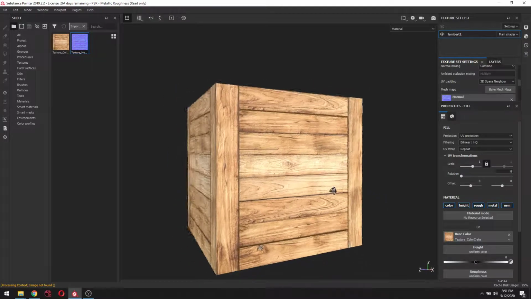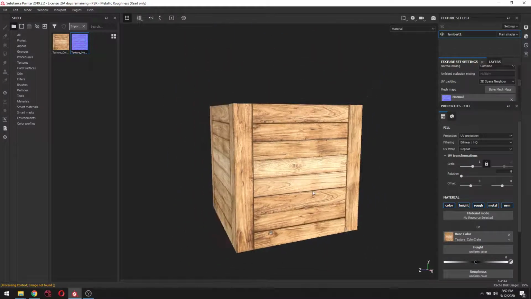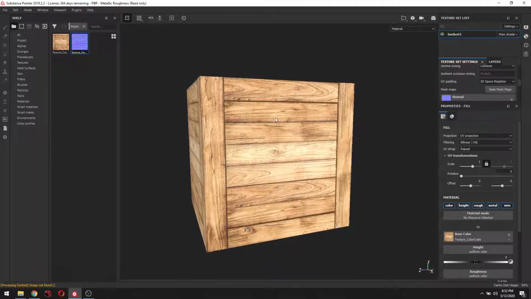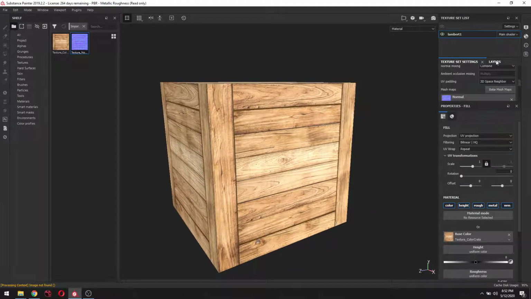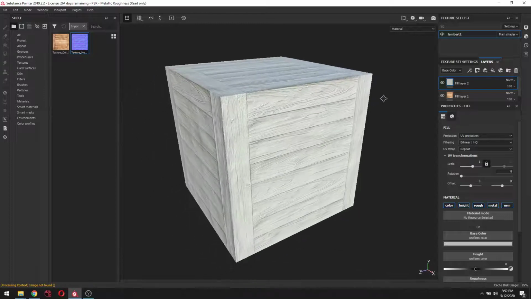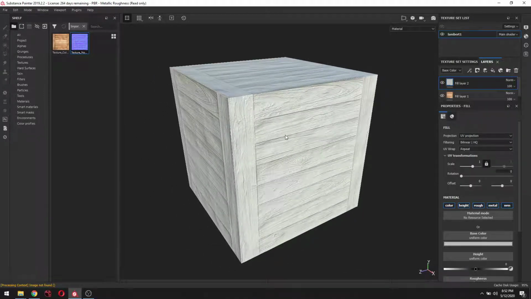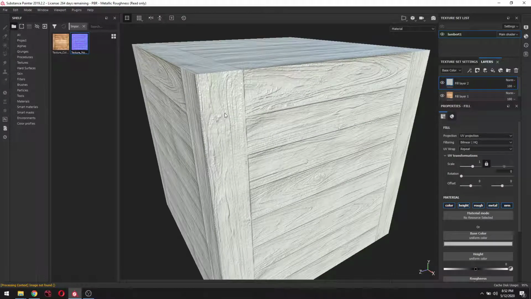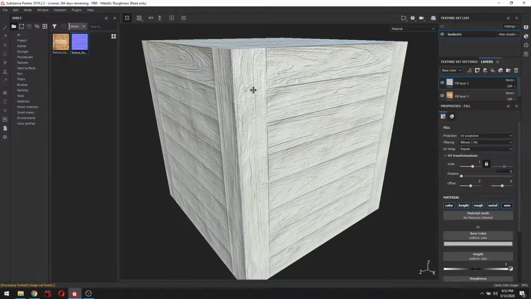Now this might look good as is, but we need to add some grunge effects. Okay, we want to make this look real. So I'm gonna go ahead and jump back out to our layers, and just like Photoshop, any paint layer or fill layer that you had, will add on top of it. For example, I'm going to select this, add a fill layer again, and it automatically jumps on top, making the bottom layer obsolete. You can still see some of the details because it's embedded in the normal map, but as for the color,